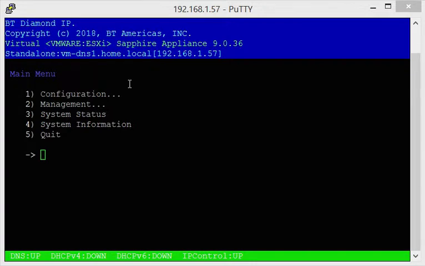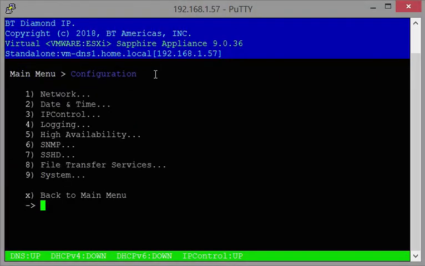So when you first log in as Appadmin, it is a menu-driven user. It does not have an open shell other than the system and will log you out. From a menu capacity, the first option is going to give us the configuration. And under the configuration, the key areas here are going to be the network. We'll go through some date and time, SNMP, and then we can take a look at some of the system